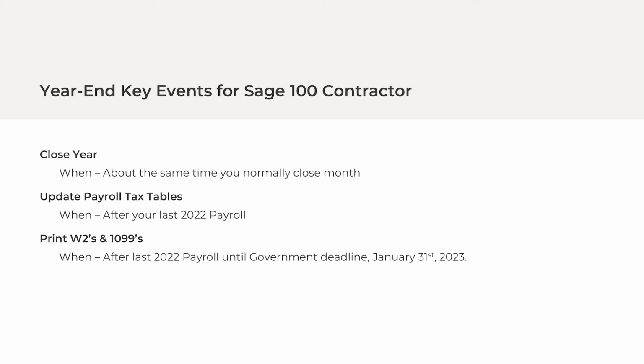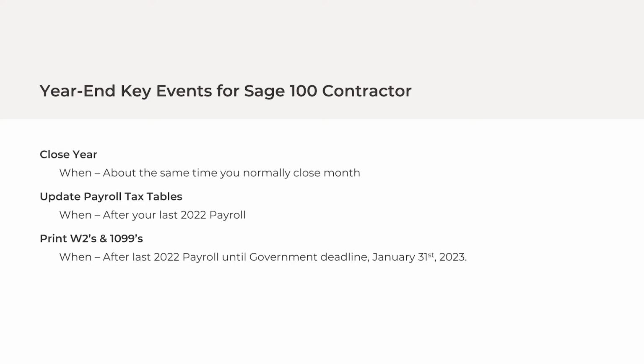And then the main thing is you want to make sure you've got your software updated before the deadline for the W-2s and 1099s. It's a little bit tighter window. You want to try and get it updated as soon as it's reasonably possible. But if you run a payroll with the 2022 tax tables, in general, it's not going to cause much of an issue.